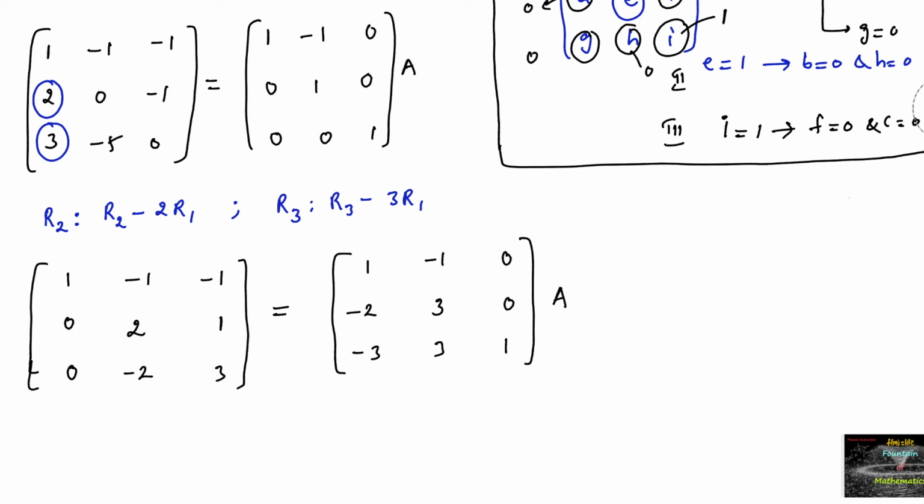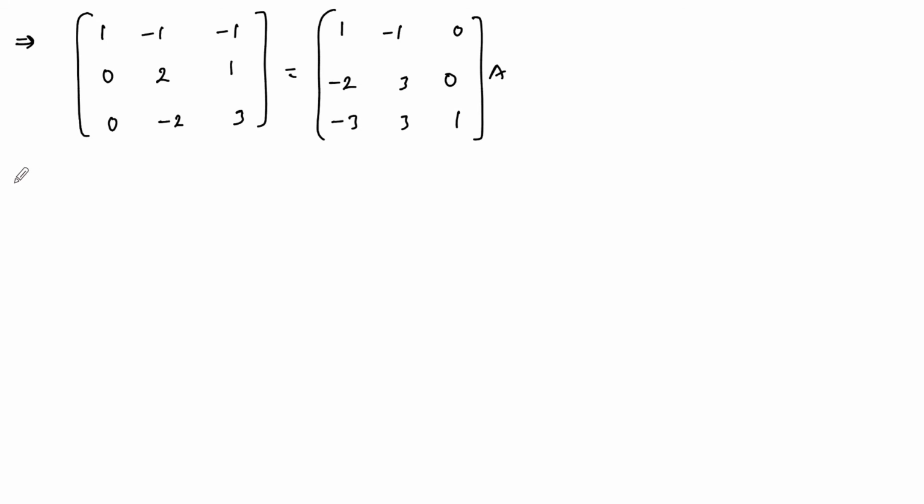Okay, so let's erase this. So now we have finished our second step. So that is the first step, these two elements are 0. Now coming to the next step, we have to make the second row, second column element 1. Let's apply the operation here. Now our target is to make this 1, so dividing R2 by 2, R2 by 2.